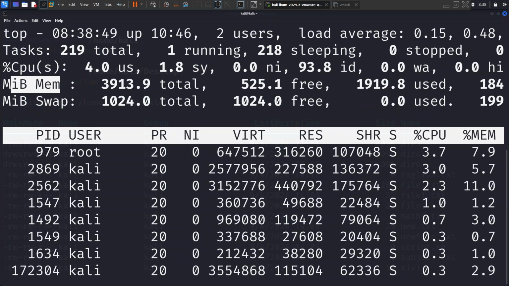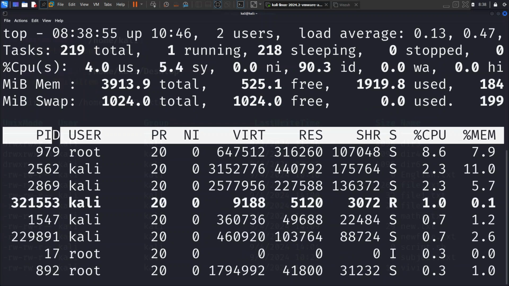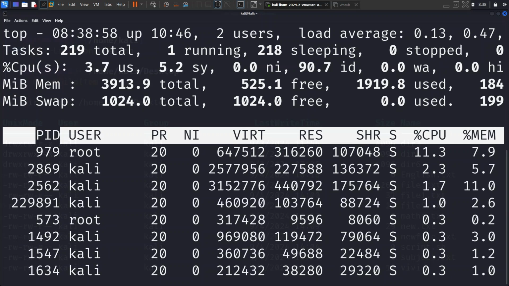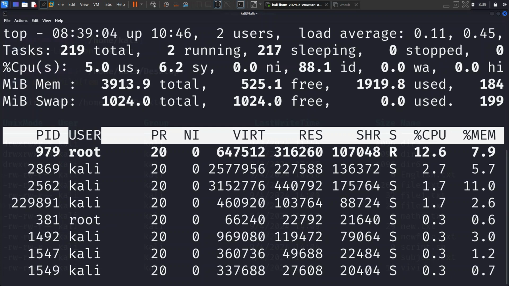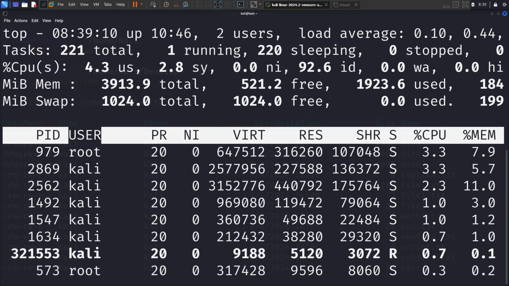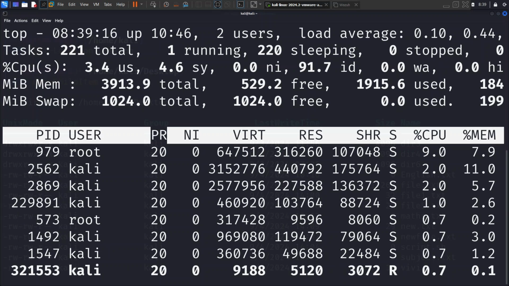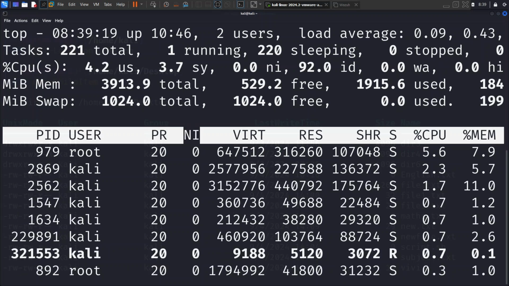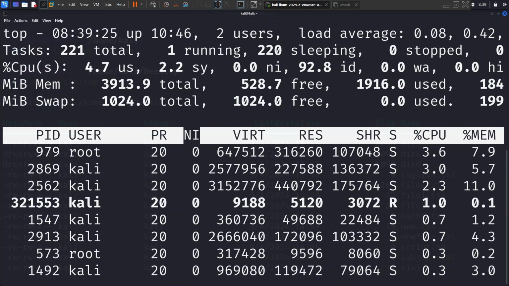running on the system. Some key columns include the PID, which represents the process ID, while the USER is the one who started the process. The PR represents the process priority. The NI represents the nice value. It affects process priority, and